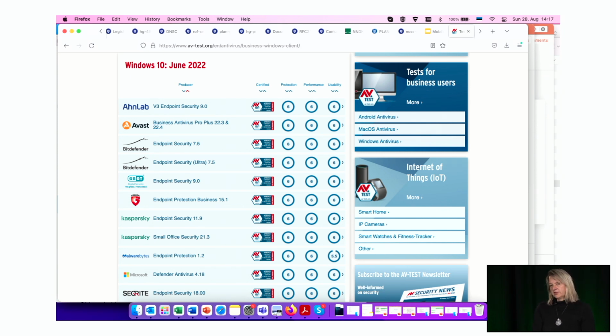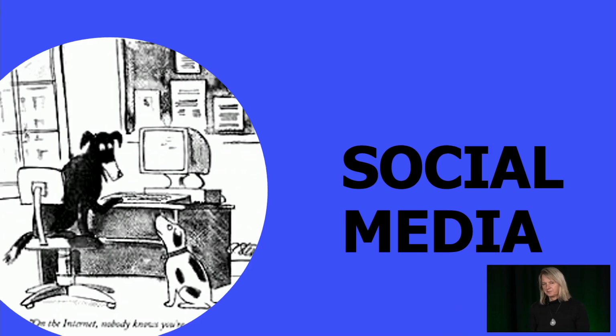And now let's talk about how to use social media. There is a picture which basically shows two dogs behind the computer, and one dog says to another that on the internet nobody knows that you are a dog. So yes, we have to be aware that on the internet we don't actually know who is on the other side of the screen.